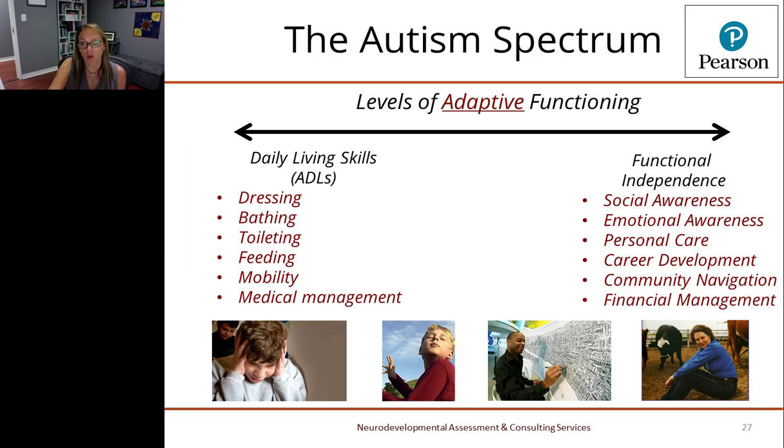So we really have to consider adaptive behavior quite strongly when we are determining how, quote unquote, functioning these individuals are. So when we look back at the spectrum here, I like to see it more about adaptive skills than cognition. And if we look on the left-hand side, when we identify individuals with significant cognitive impairment, I think we as clinicians are very good at saying, let's teach adaptive skills to this person. Teach them how to dress themselves, bathe, have toileting skills, feed themselves, count change, know calendar concepts, have basic vocational skills.